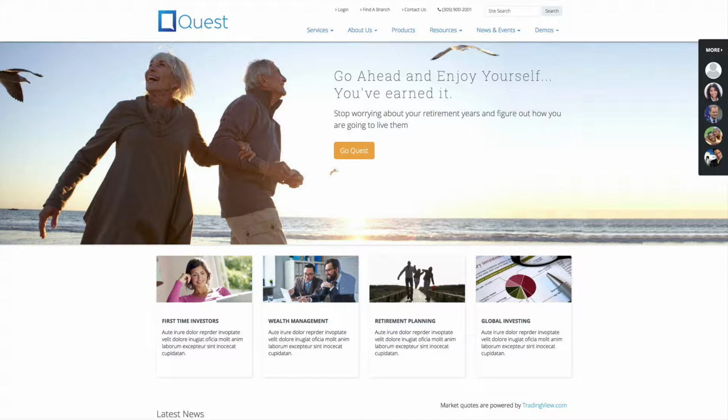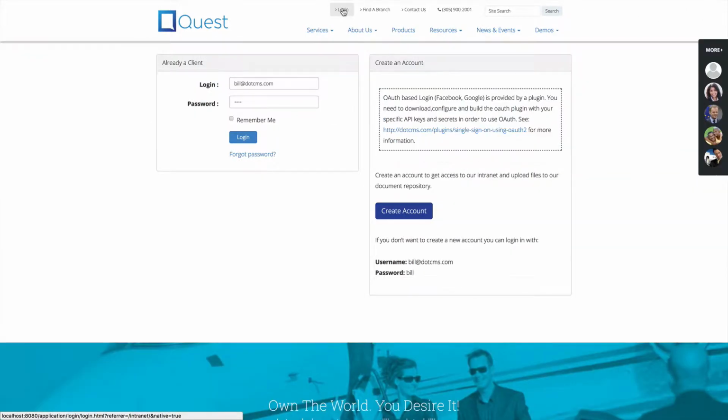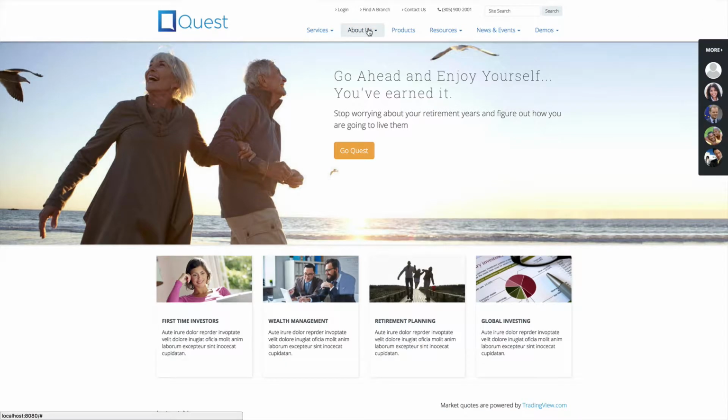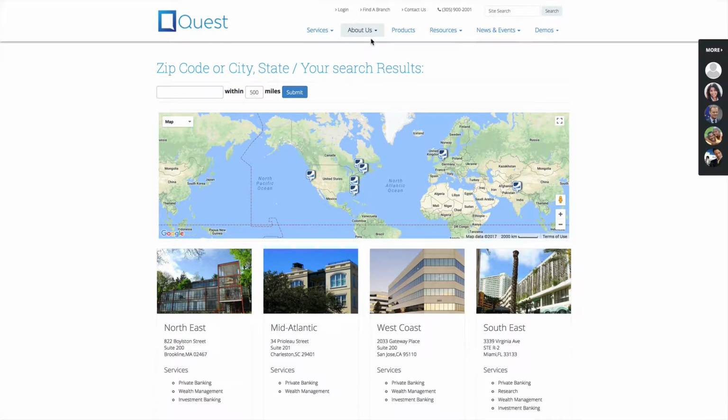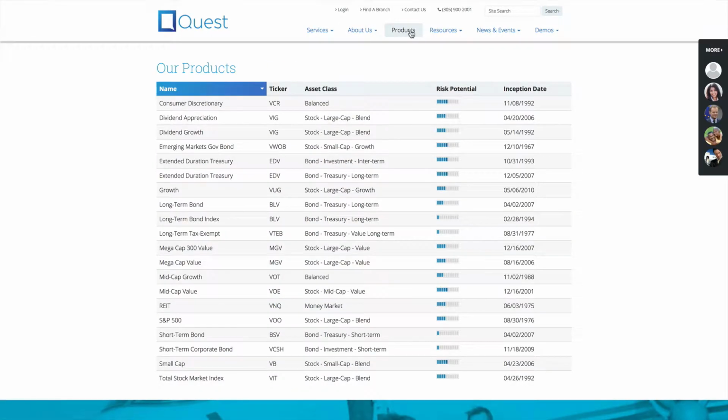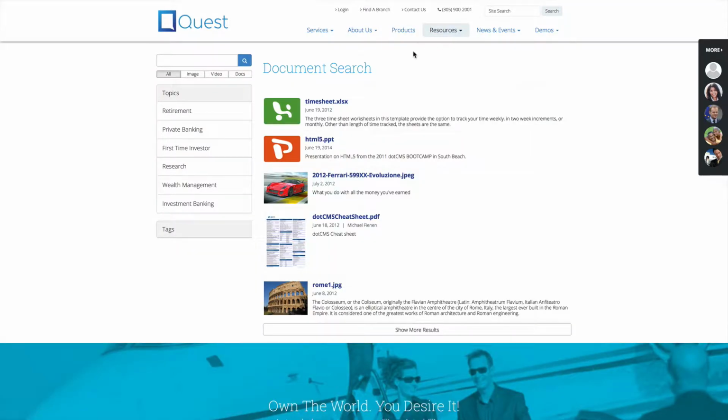dotCMS downloads with this sample Quest financial website, which includes a front-end login feature, an About Us section, which includes a location page to geolocate offices, a real-time product listing that builds a graphical representation of risk analysis from content, a document repository with filtering based on topics, tags, or file type,